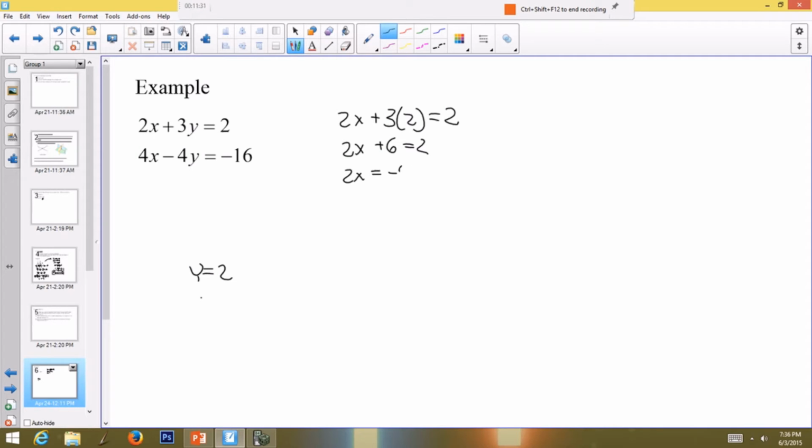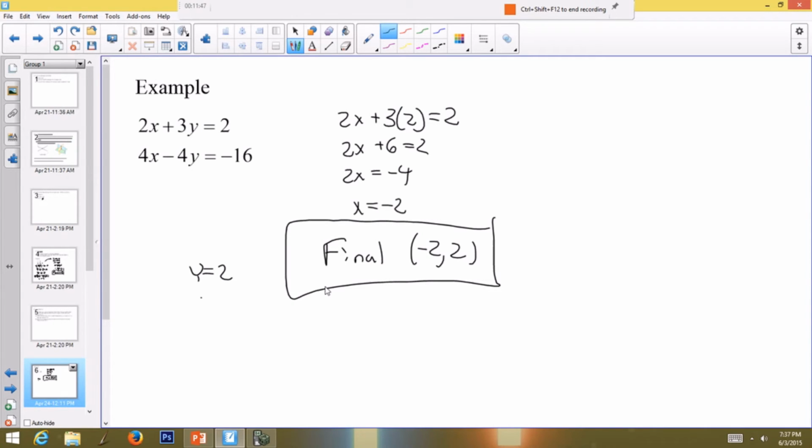2x equals negative 4. I get that when I subtract 6 from both sides. And then when I divide both sides by 2, I get x equals negative 2. So my final for this one is just going to be negative 2, 2. And that is the point where those two equations intersect. Now my final method